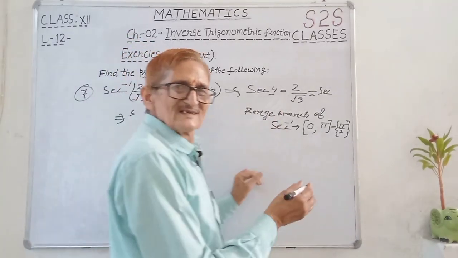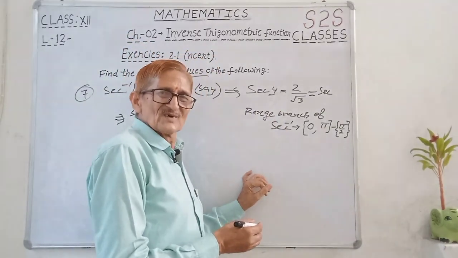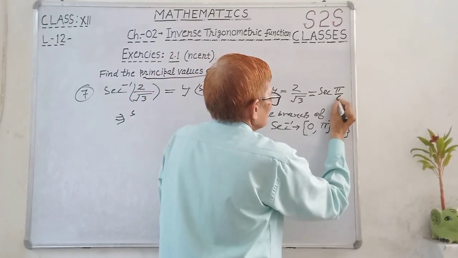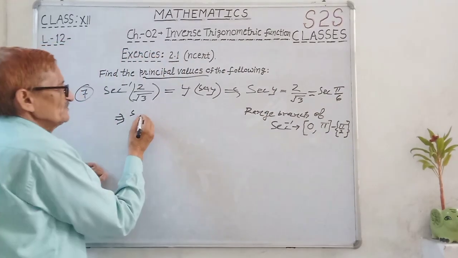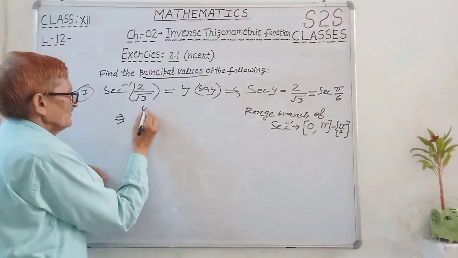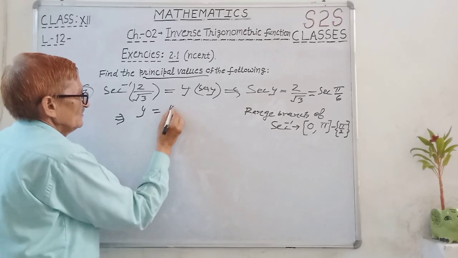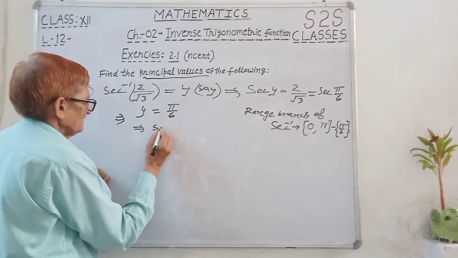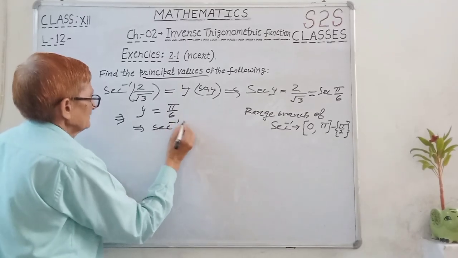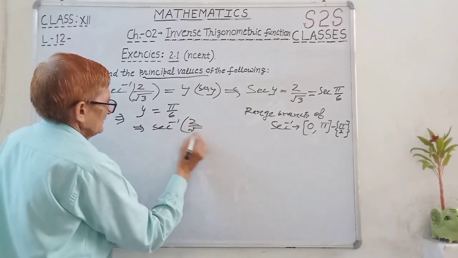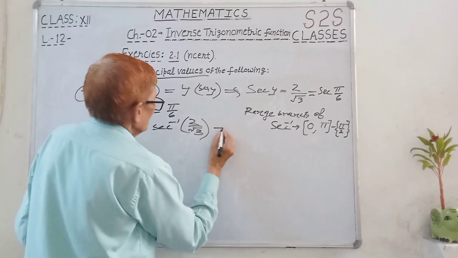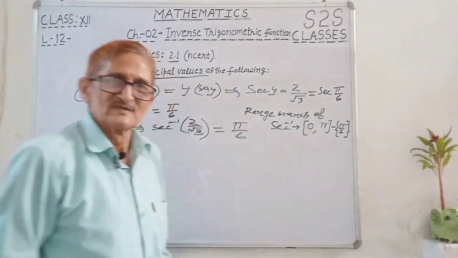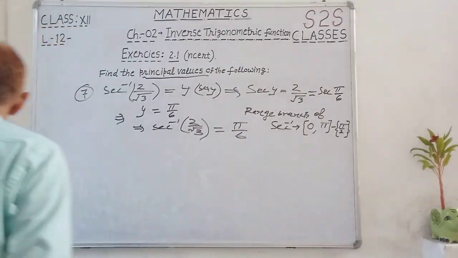So it is 30 degree, which means pi by 6. So this implies y is equal to pi by 6. So sec inverse of 2 upon root 3 is equal to pi by 6. This must be in the branch output for every question. Done. Now next